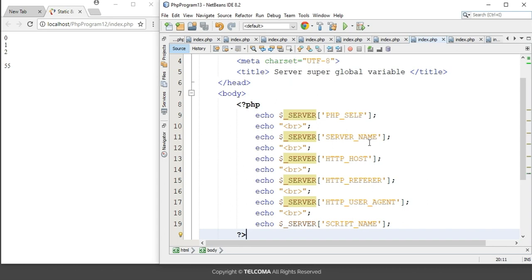Like we can define the PHP _self, server _name, HTTP _host. These are the different elements and code that are associated with the server superglobal variable. So let's see the output for this